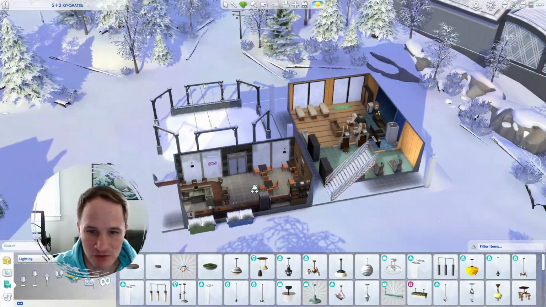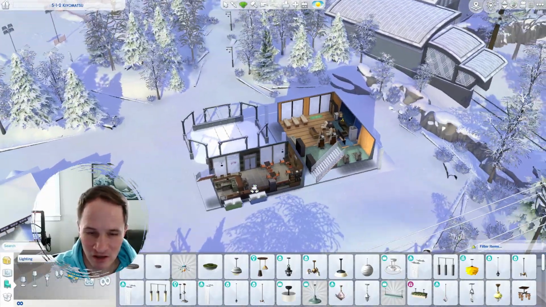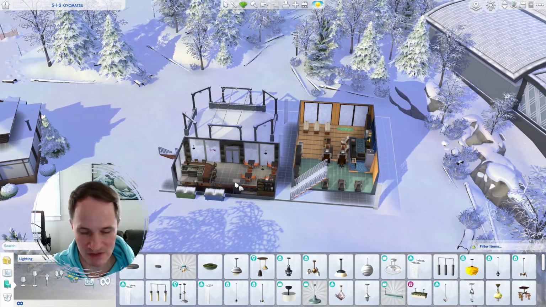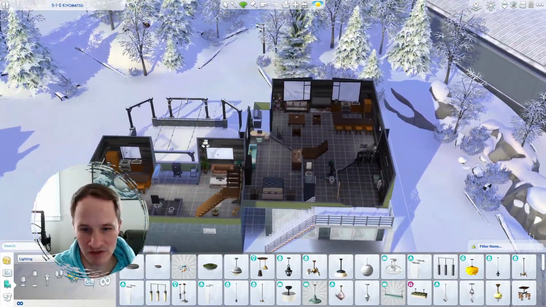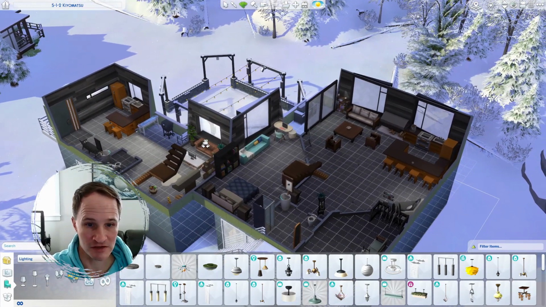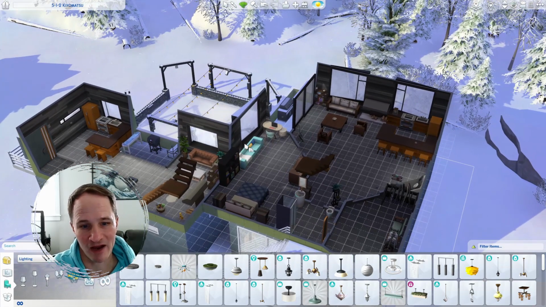So I'm doing a resort thing, kind of like one of these mountain rental places. I love doing these mixed-use, residential and commercial things in Sims. So the new pack, For Rent, I feel like they kind of missed the mark with it,